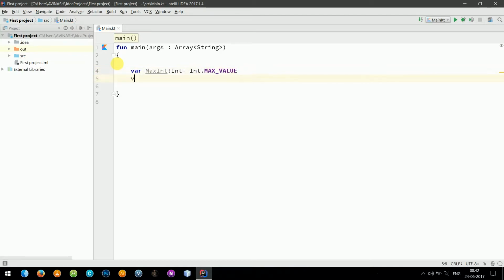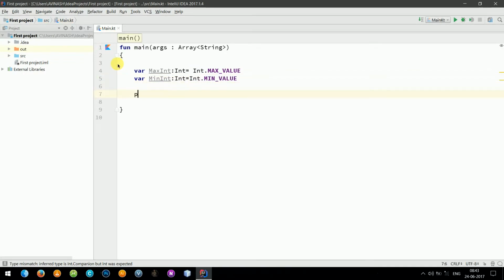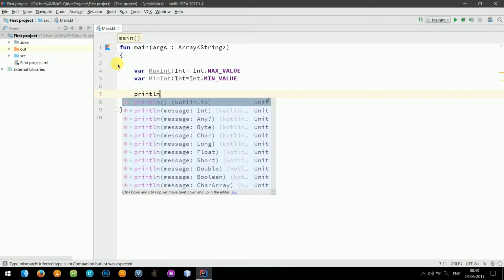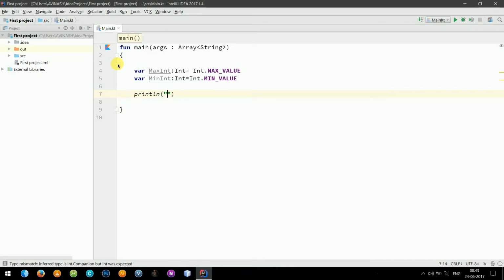I can also get the minimum value: min int as int type, int dot min value. That's it. Now let's print this one. Range is,